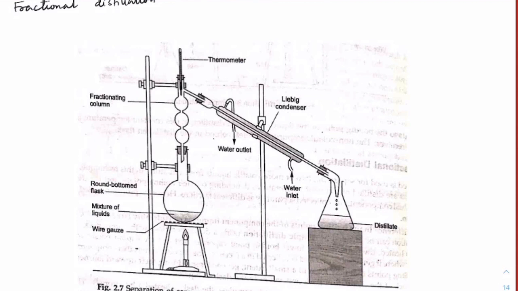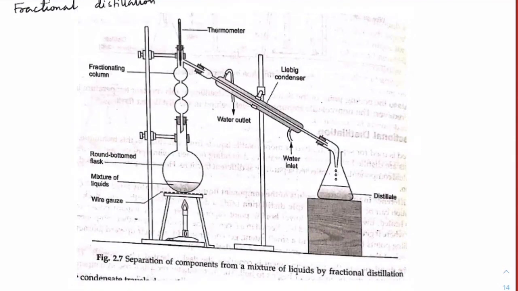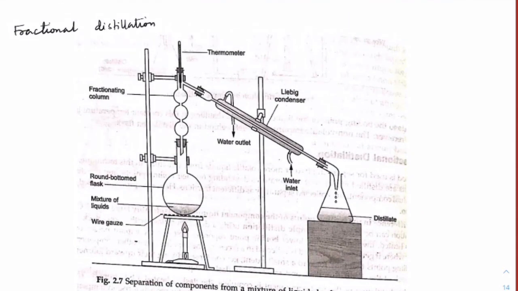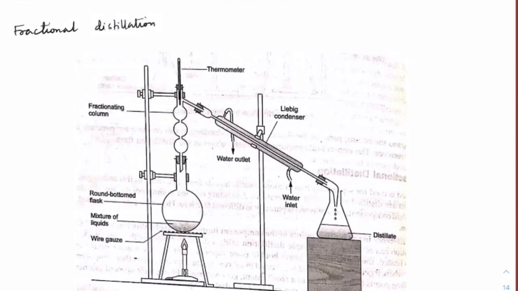The process is quite similar, except that we can start condensing one particular liquid first, starting with a particular boiling point. Let me take an example. Let's say I have to separate methyl alcohol, that is CH3OH, and acetone, CH3COCH3. These two I have taken. The boiling point of methanol is 65 degrees, and acetone is around 56 degrees.